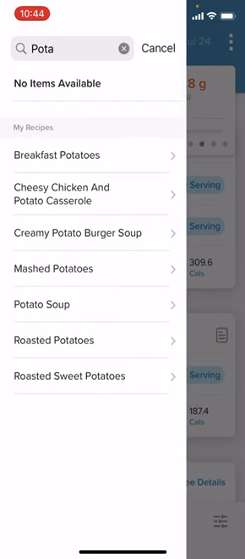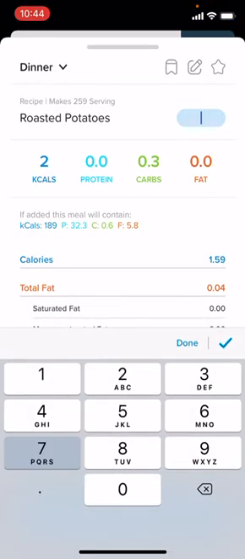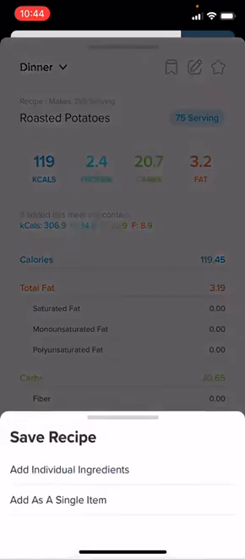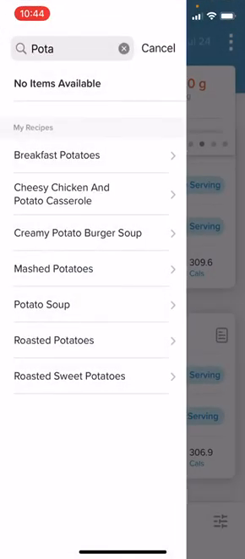Roasted potatoes. Where are you? There you are. I usually get about 75. Now, I know from tracking for a long time about how many grams I eat in a meal to meet my goals. You will learn this as you go, but this is sort of like macros Tetris, right? You put in your numbers, you make it look pretty,